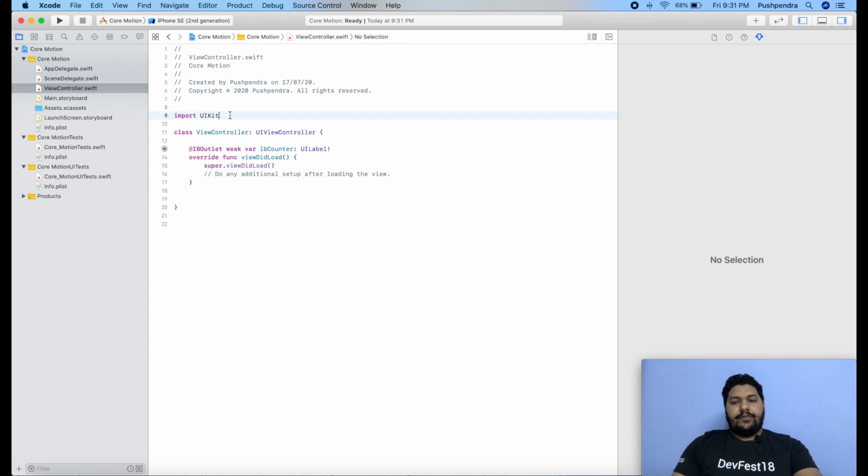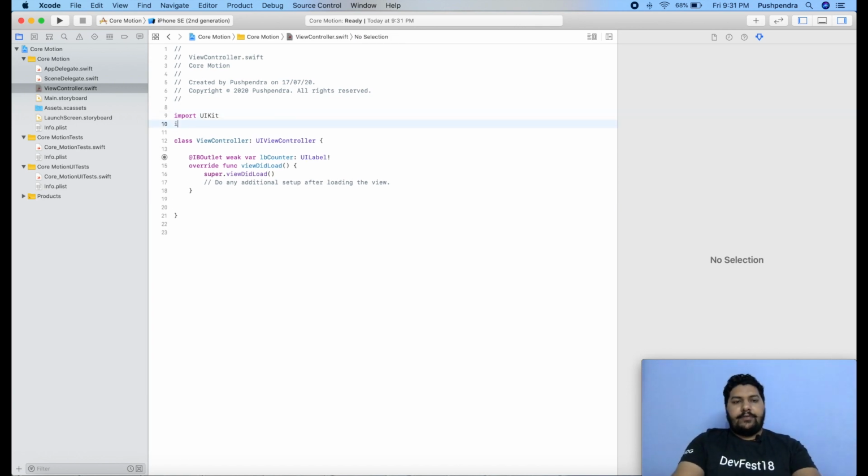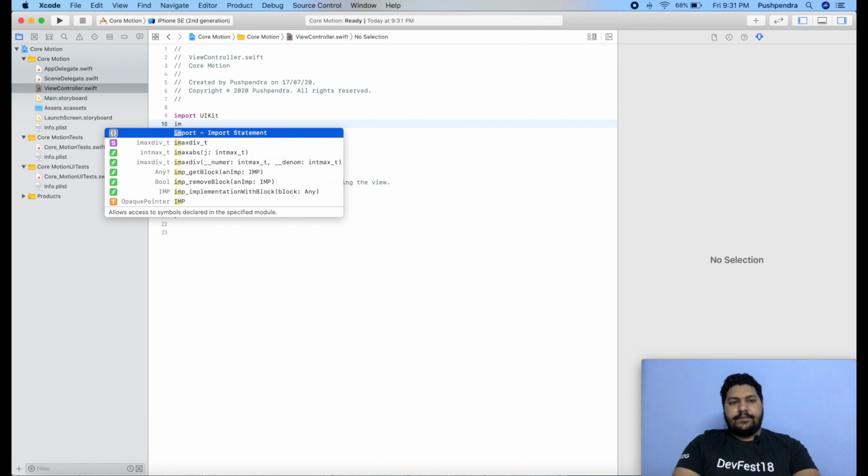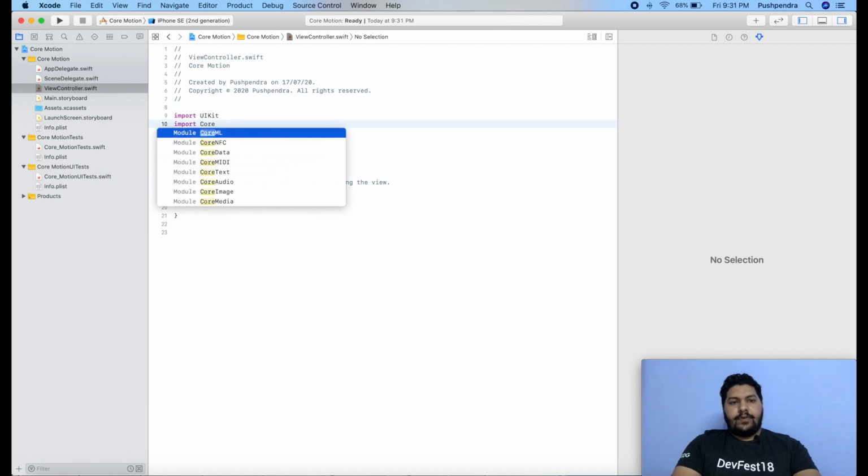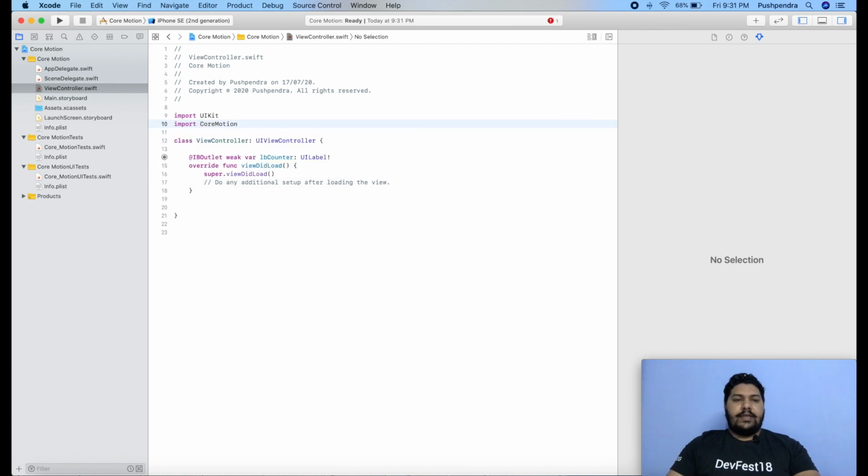Okay, so first thing you have to keep in mind, you have to import a new package which is Core Motion. So this package you have to import in your application for using Core Motion functionality. After that we will start the base development of that.